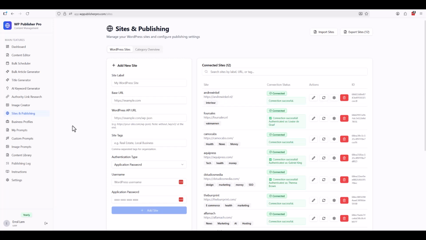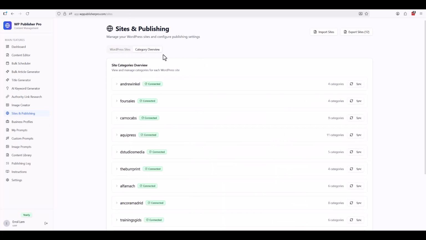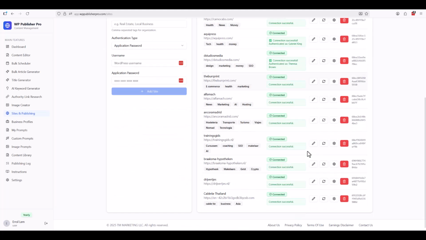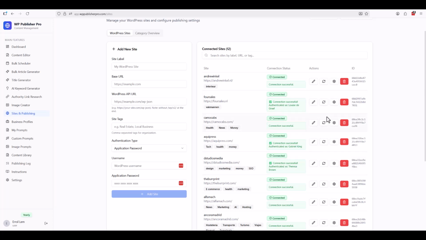So very important, you have to add your WordPress websites, right? We do this in sites and publishing. You see here add new site, so you put all the information here. You see a WordPress site, you see category overview. I already have a couple of websites, English, Spanish, and Dutch